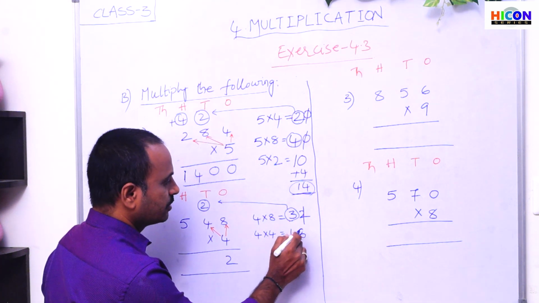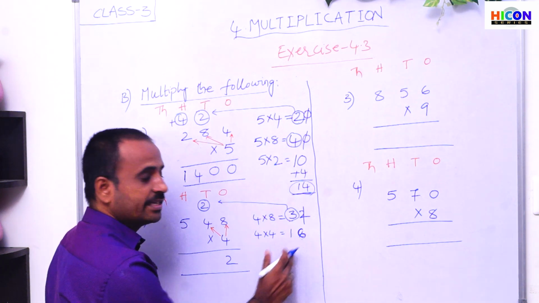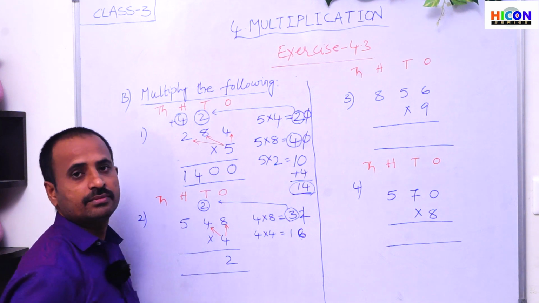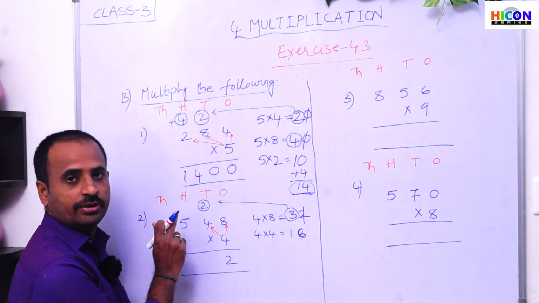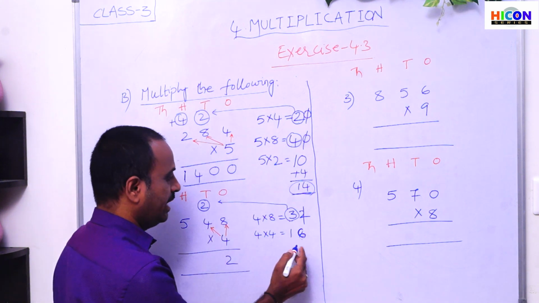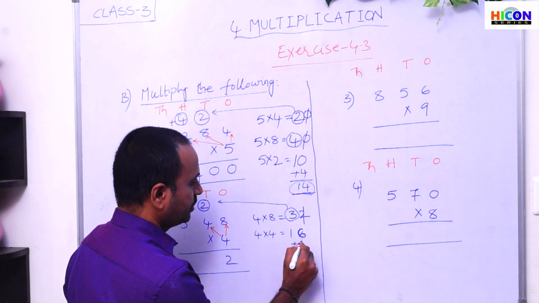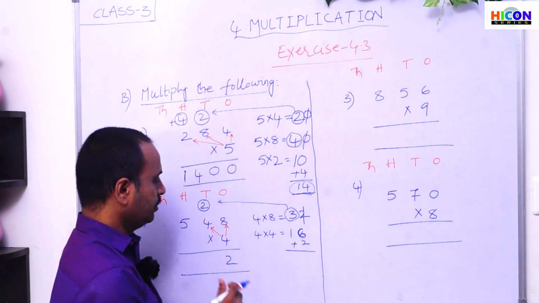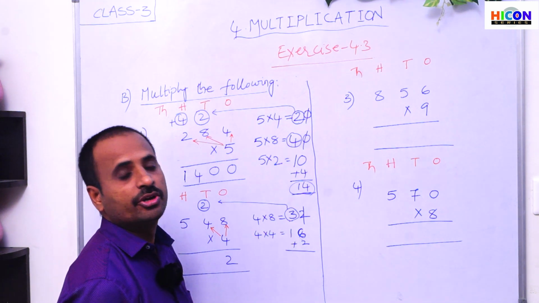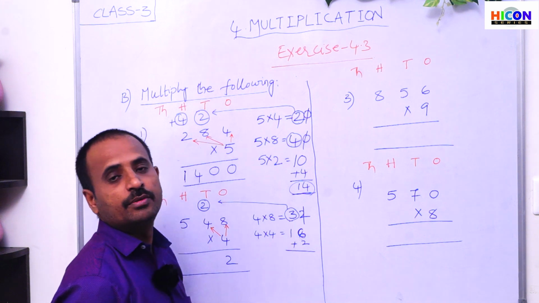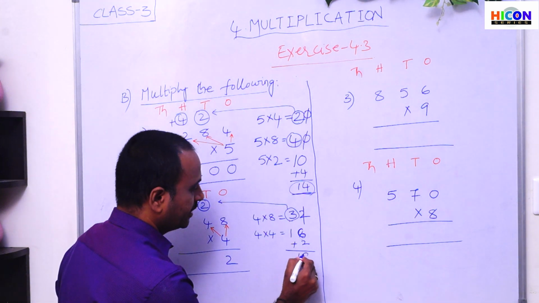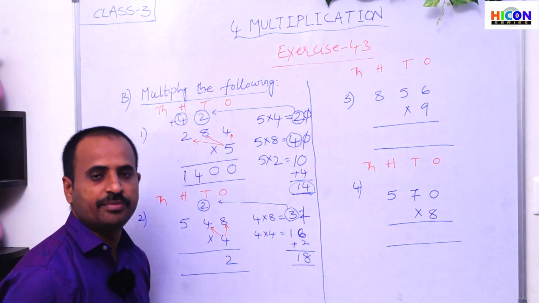So children, what is this 16? 16 is a 2-digit number. And again, there is a carried number 2. We have to add that carried number to the product. So add 2 to the 16. If you add 2 to the 16, how much will you get? 16 plus 2. That means 16, after that 17, 18. So write 18.